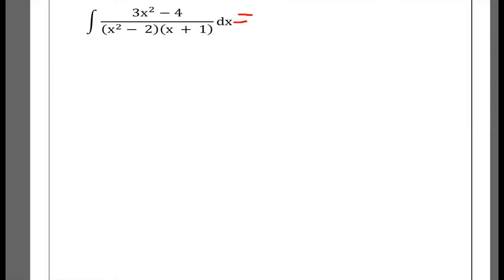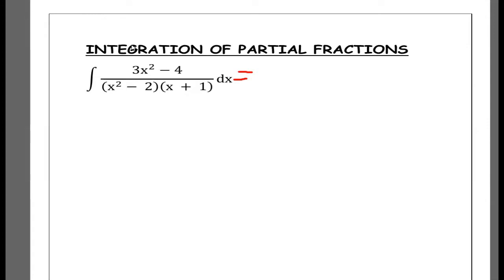Partial fraction. For integration of partial fractions, when you're given something complex like this to integrate, what we're going to have to do is separate it as the integral of the sum of the two partial fractions. This is known as integration by partial fraction. So we're going to have to rewrite this as something like the integral of,